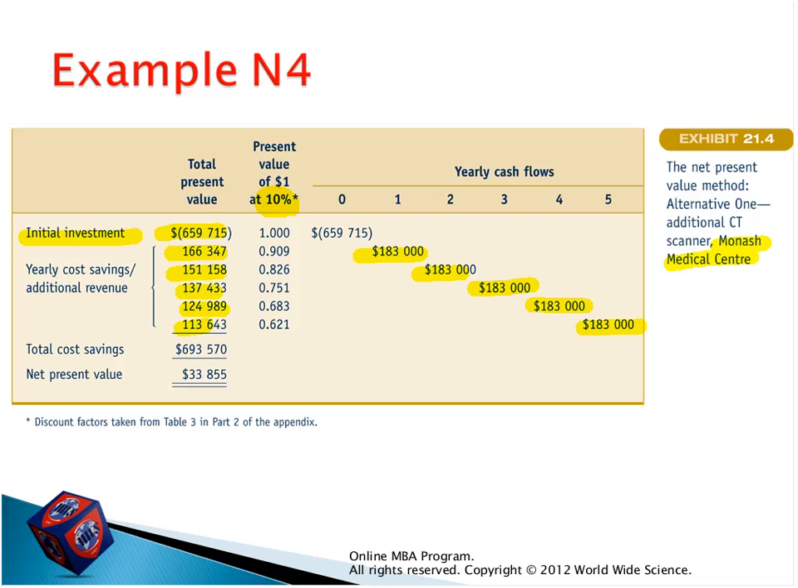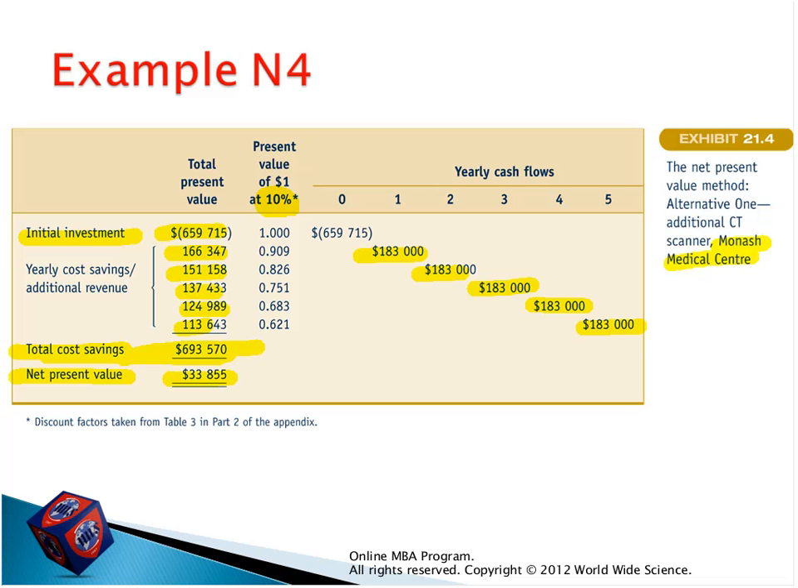Then we have to summarize all our present values of future cash flows over the 5 years, which is called total cost savings. Right here it is 693,570, right? Then we have to deduct our investment cost from our total cost savings, the summarized present values. And at the end, we find the net present value of the project, which is equal to